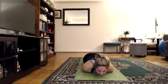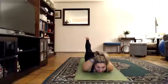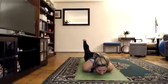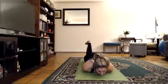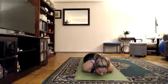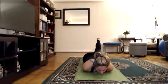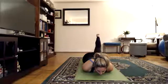Lock your right leg, point your right toes, lift your right leg up for 10, 9, 8, 7, stretch back, 6, 5, lock your leg, 4, 3, lift up, 2, 1, change, right leg down. Lock your left leg, point your left toes and lift your left leg up, 10, point your toes, 9, point your toes, 8, point your toes, 7, shoulders down, 6, eyes open, 4, 3, 2, lift up, 1,